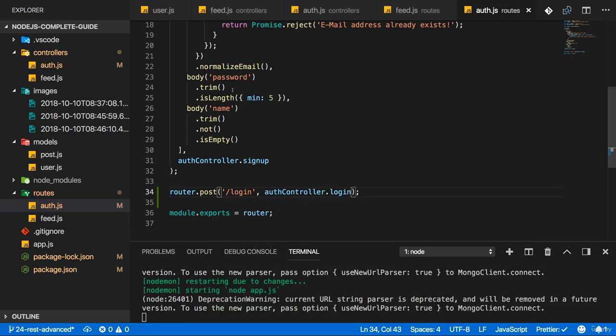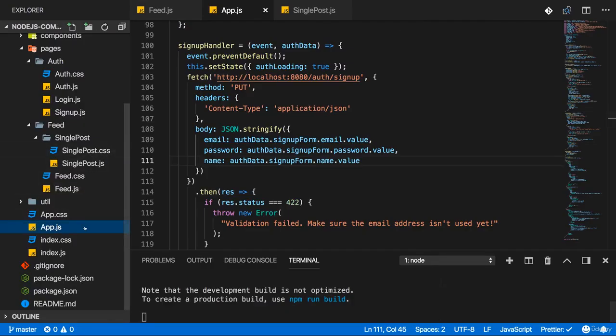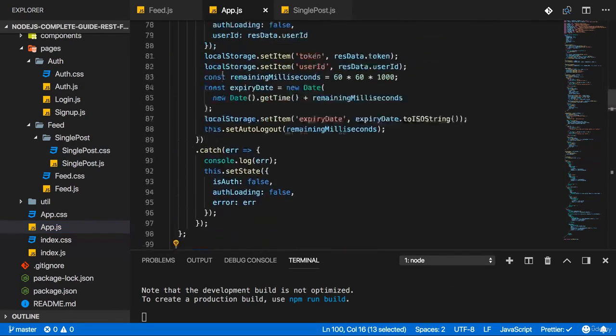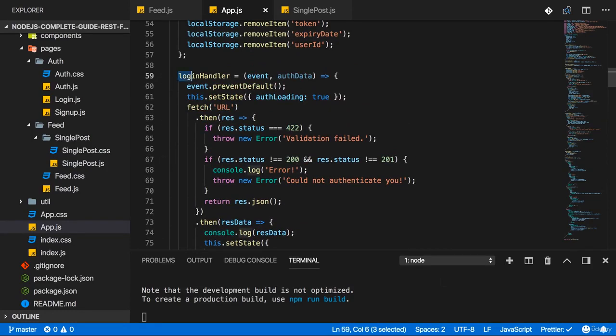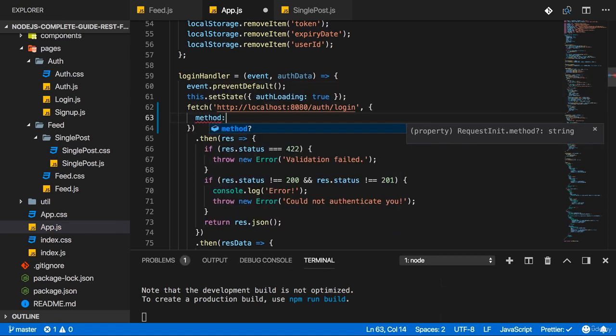And now with that, let's go back to the front end and work on the code there as well. So in the front end, here in the app.js file where we have the sign up handler, we have to look for the login handler here, and we should fix the URL there too. The URL is localhost 8080/auth/login. We need to pass an object where we now also change the request method to post and where we